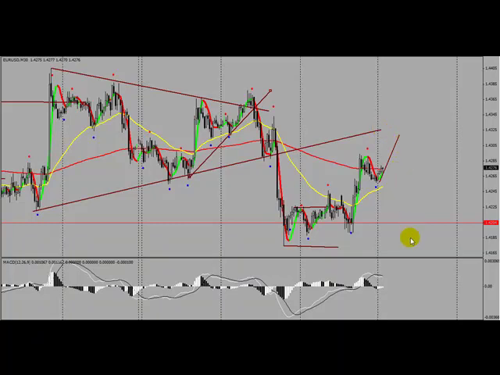So a close above this high here, I'm going to be taking some profit off of this trend line, because it could just bounce right back very quickly. And I would close that long position completely when it closes across whatever trend line is out here in the future, and then reinitiate a position to the downside.